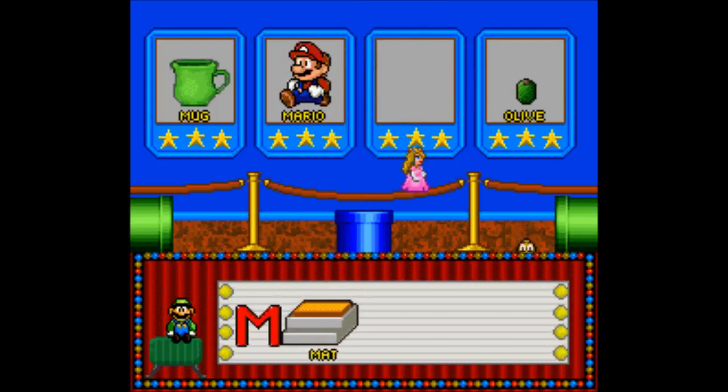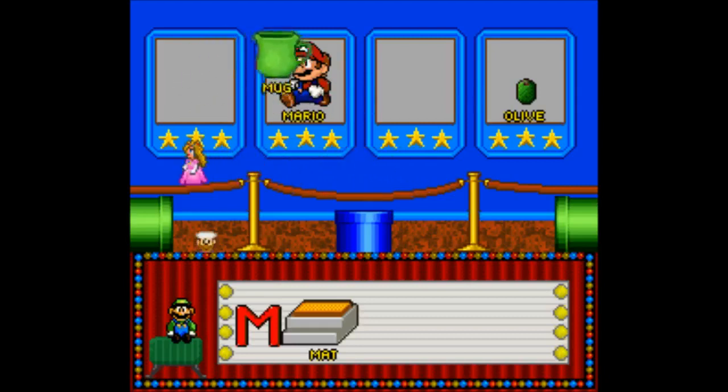Pick a word that starts with the letter M. Super. You found mat that starts with M. M. Mat. Find a word that starts with the letter M. You found it!